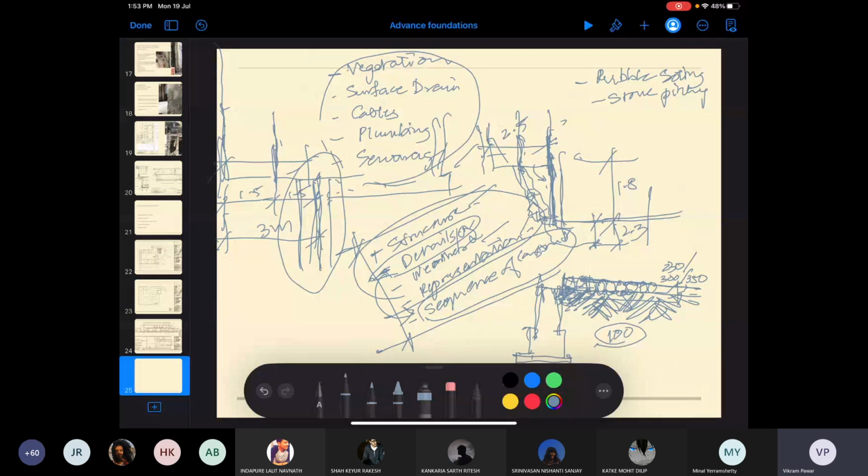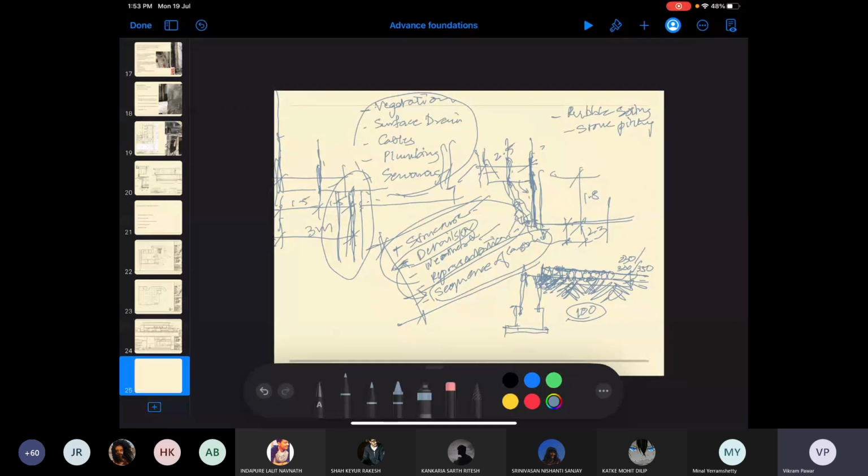So what is the purpose of doing this? Beneath this foundation, suppose the mud is not compact and there is a lot of water or moisture, you will sometimes find that beneath this PCC there is a specification of stone pitching, and that is about 100. Why do you have this as 100 stone pitching, and why do you have this as rubble soling?